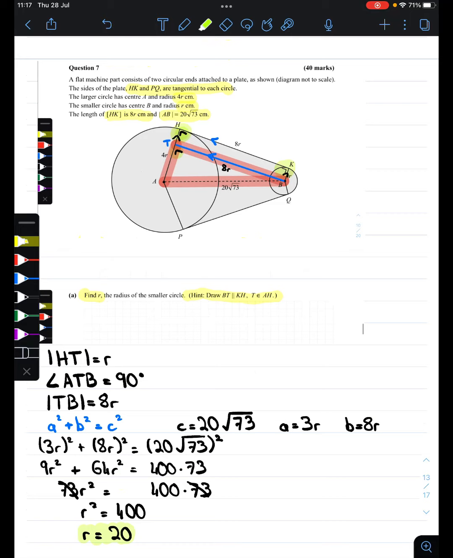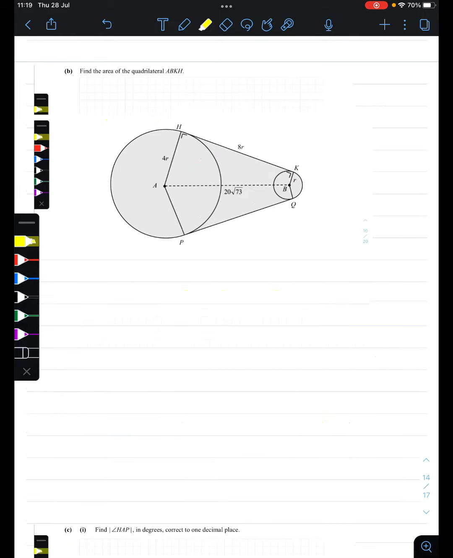Oh, and just a note here. We said that a equals 3r, so one of the lengths of the triangle, AT, equals 3r. The reason we know this is because AH is 4r, we can see that in the diagram, and we know that TH, or HT, equals r, and then AT is just the difference, so it's just 4r minus r equals 3r. Now on to part B, we want to find the area of the quadrilateral